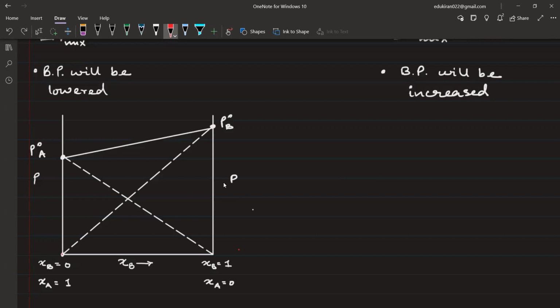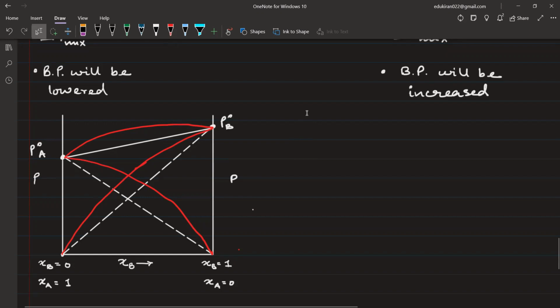It will be a bit higher. When it is zero, it will be zero, but in the mixture it will be a bit high. A similar type of graph will be made here also, and in red, sorry, in the mixture also you will have higher vapor pressure. So all of these white lines, what are they showing? They are showing the ideal behavior, and the red lines are showing the positive behavior. Okay, similarly, if we draw it for negative,